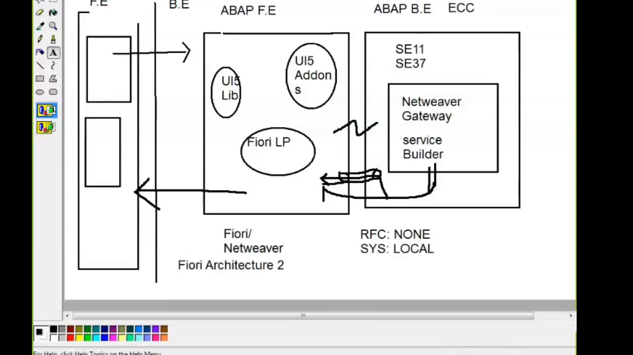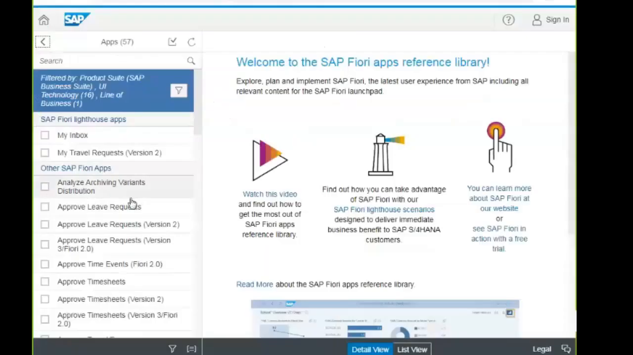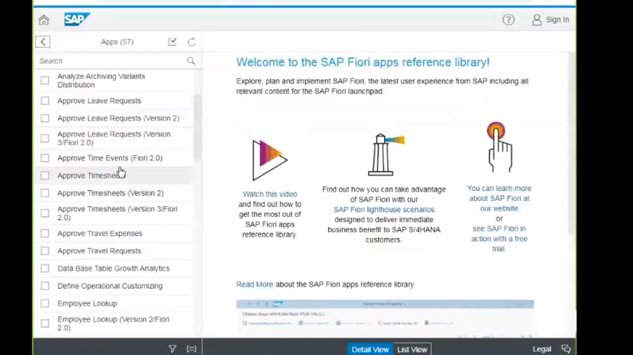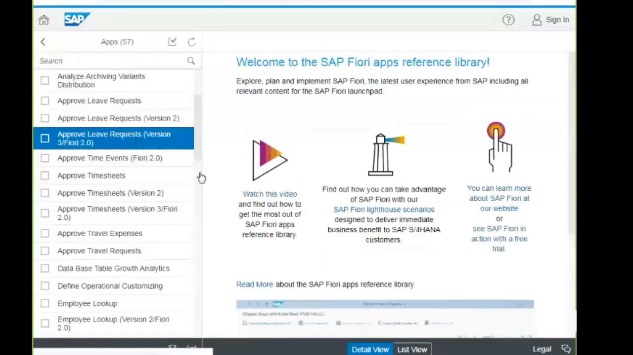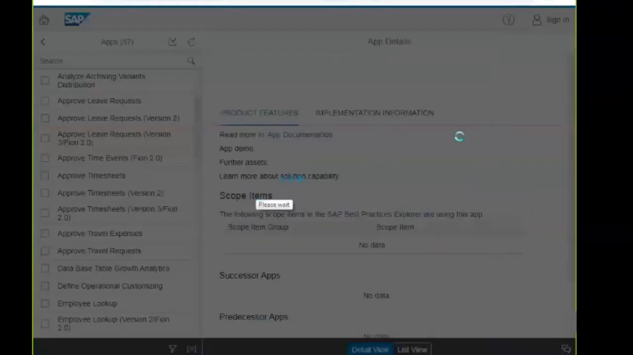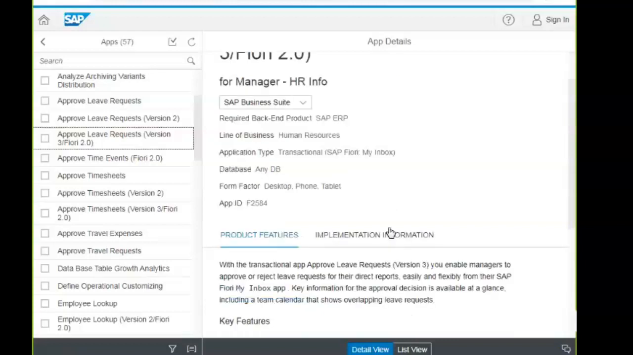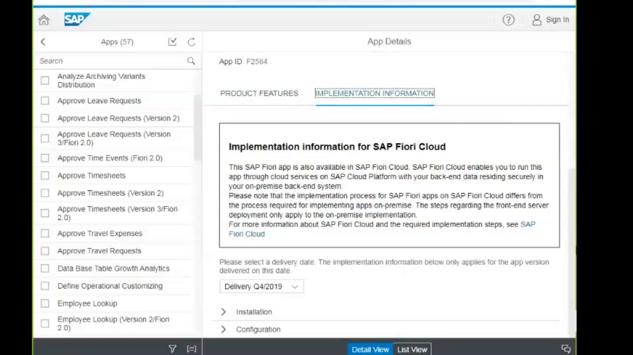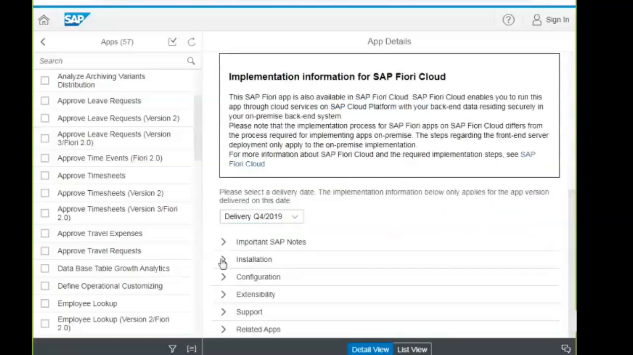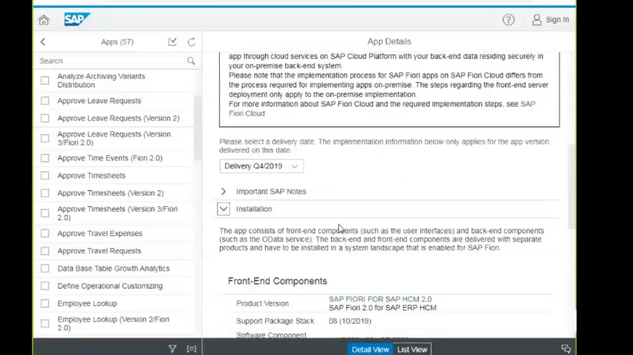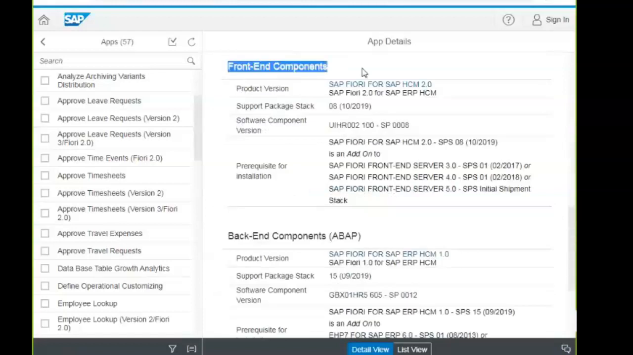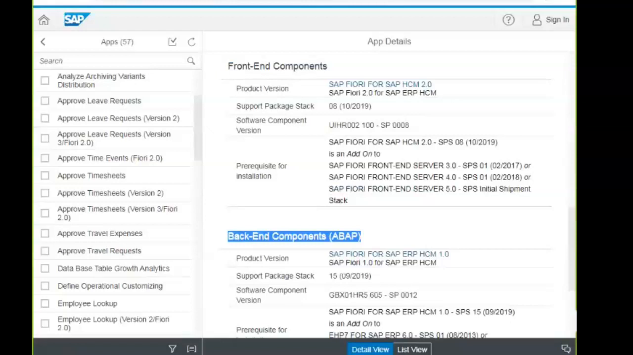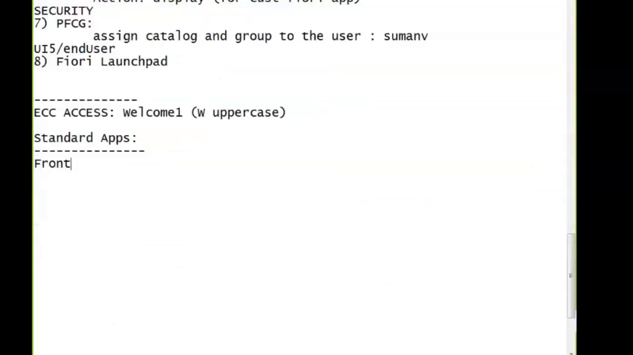So in the Fiori apps standard apps library, anything, for example, upload your request or any app you click, on the right side in the implementation information, there resides installation. In the installation itself, the front-end components and the back-end components will be given. Okay, the front-end components are checked